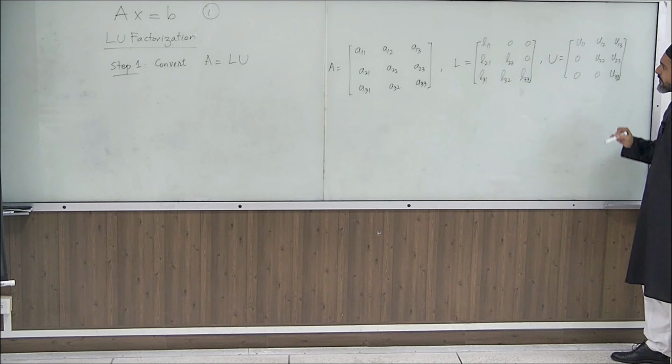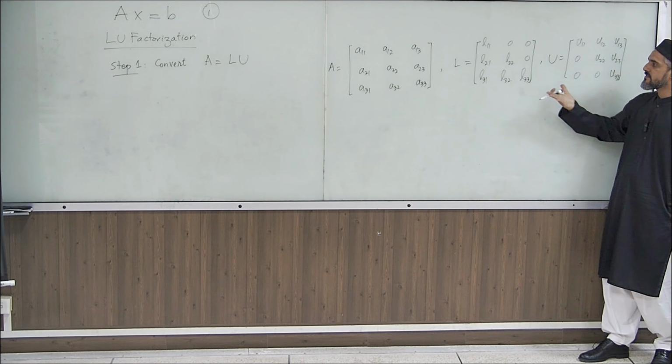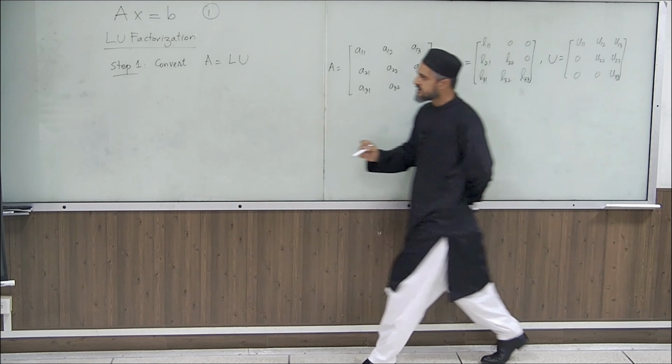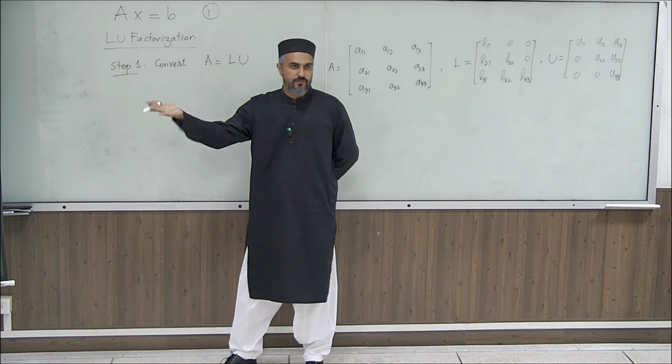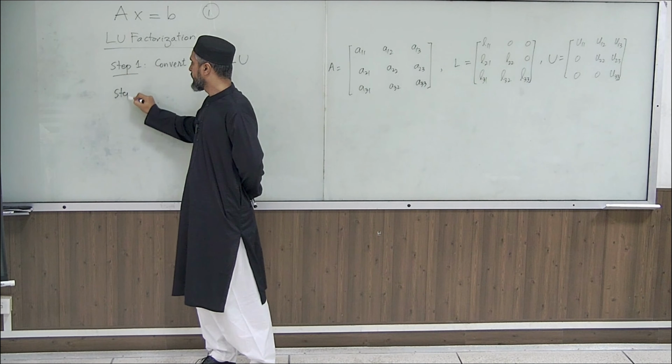U33. Okay. So once we have done this, we'll see such a form. Okay. What is step number two? So we'll come to how to convert a matrix into LU form. So step number two is,